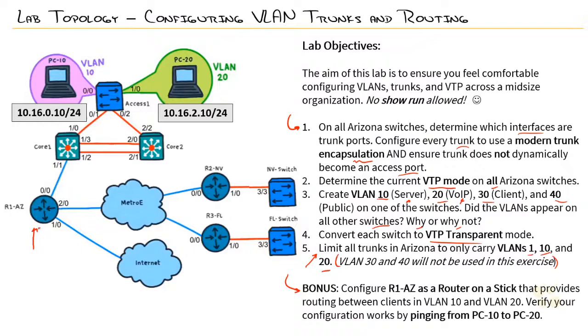I want you to configure that guy as a router on a stick using the knowledge that you've got so far to provide routing between clients in VLANs 10 and 20, and then we'll ping and verify that we actually do have communication between those 2 clients, right? Now that is bonus. There's actually a whole other skill on configuring routing, router on a stick. So if you just want to wait till then and do it,